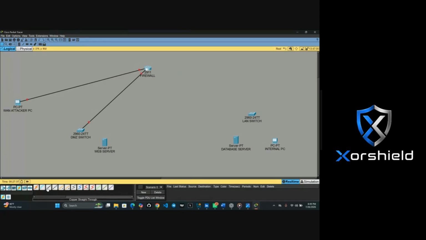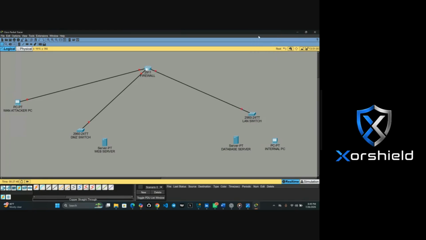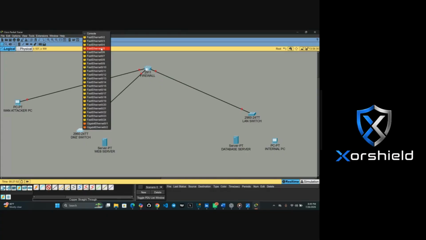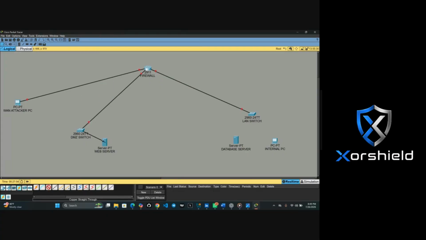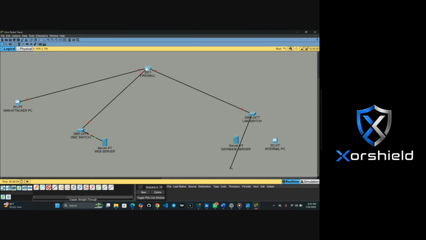Then again, from your firewall to your LAN switch. The next, Ethernet 0/2, to this. Then from your switch to this.